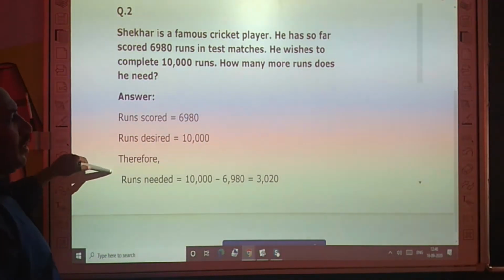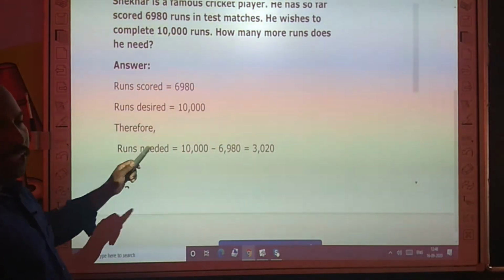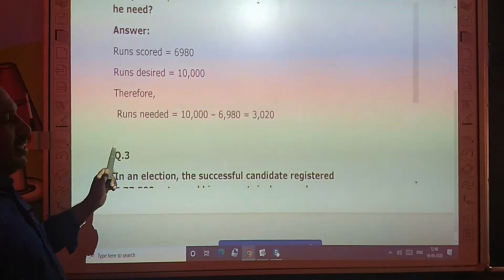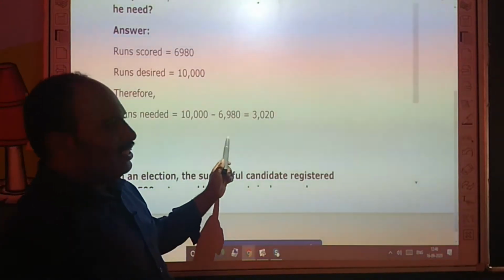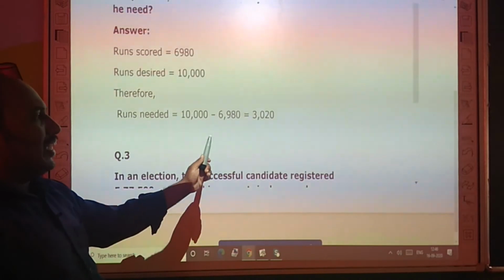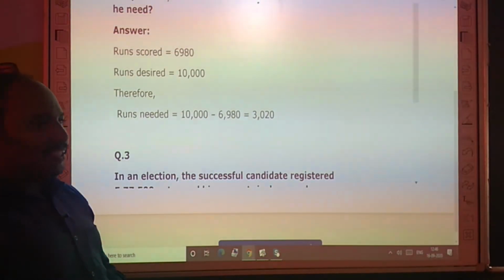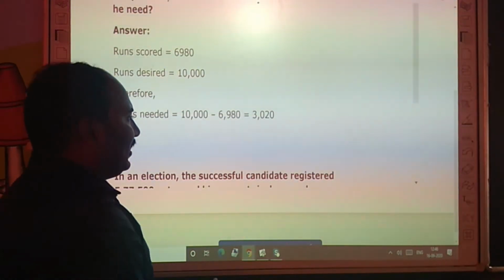Runs scored 6,980, target score 10,000. Runs needed is equal to target score minus his scored runs. We want 10,000 minus 6,980, which is equal to